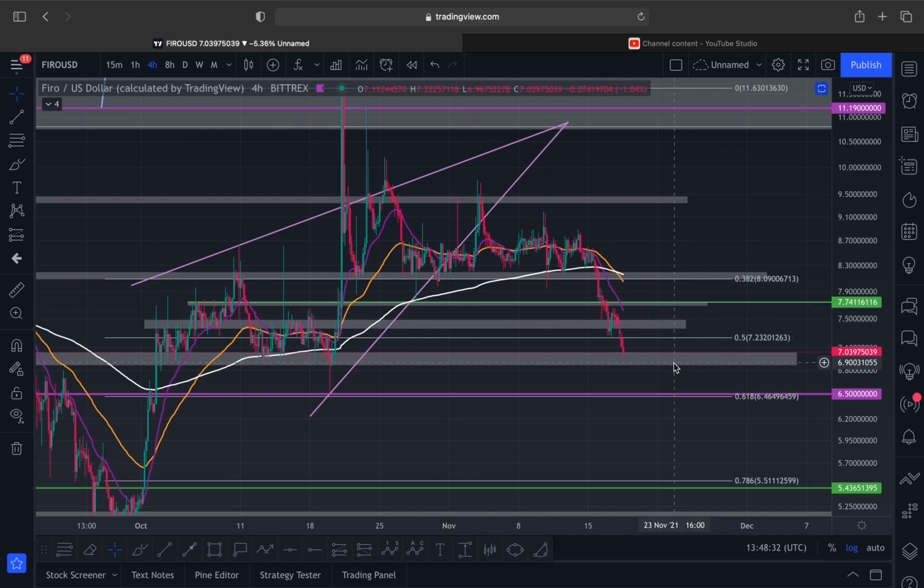Obviously we're going to have a relief rally soon, but we could continue falling either to the bottom here or to the 0.618, because now you have lost the 0.50. If you can get back above that and confirm that as support, then you're not going to come down here. But until then, this is your technical target here, which we've now touched basically. I want to see a candle close in around here, which will happen in the next 2 hours. But yeah, if you lose this